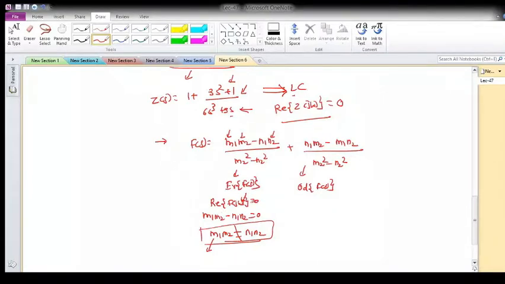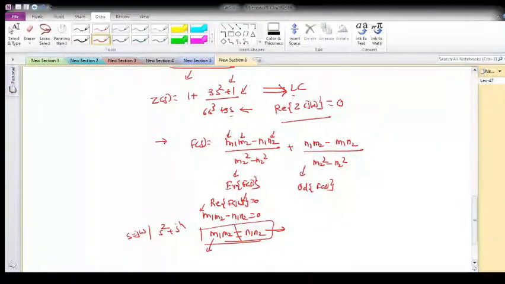If I say that m1 m2 has to be equal to n1 n2, then the resultant m1 m2 is even, which will be something like s raised to 4. If I substitute s square as minus omega square, that is s equal to jω, then what will I get? I will get all constant terms, meaning I will get a real thing, which is not according to our expectation, and n1 n2 will also give the same.